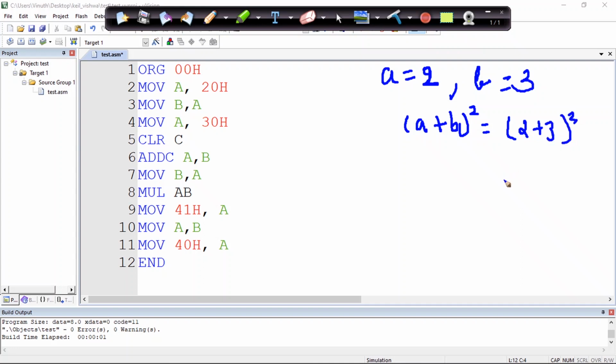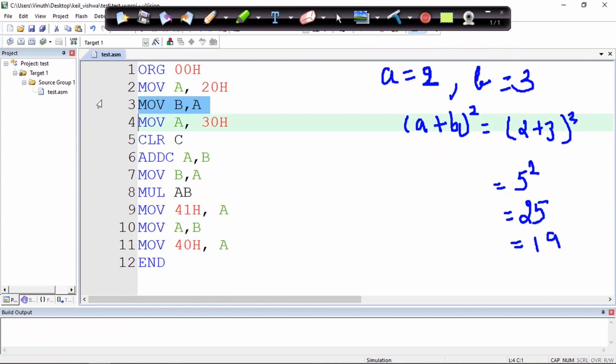The result will be 5 square, that is 25 in decimal, but in hexadecimal it will be 19. Let us keep this scenario and try to execute it.